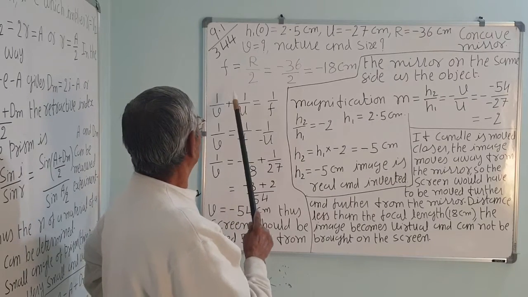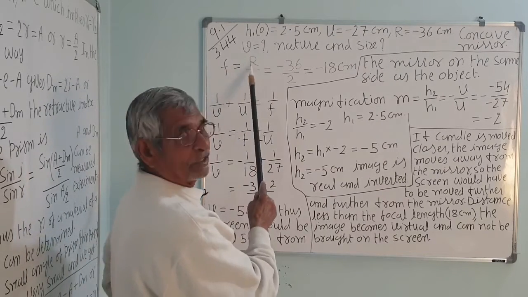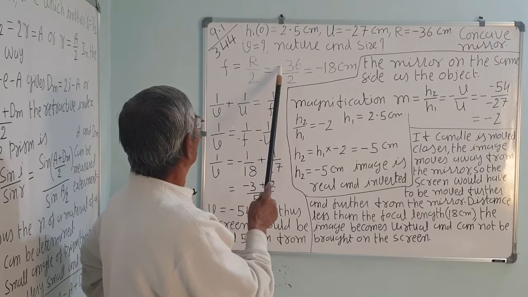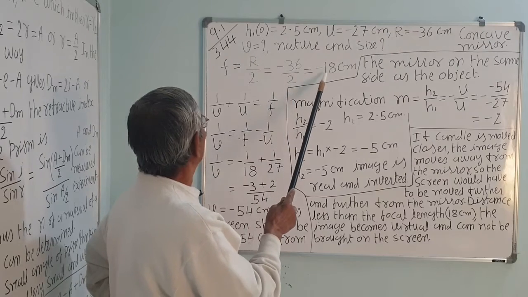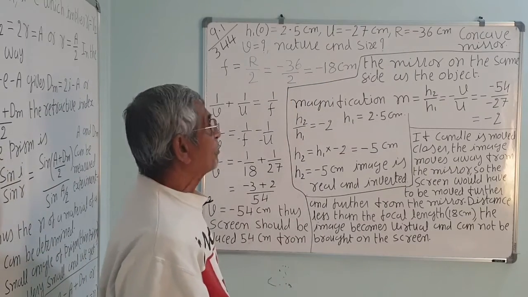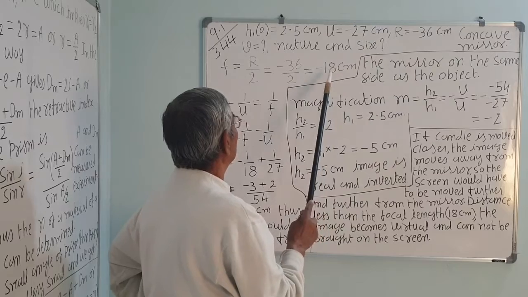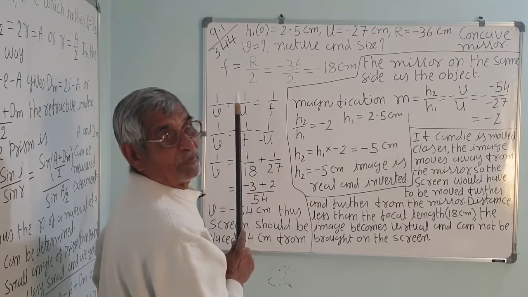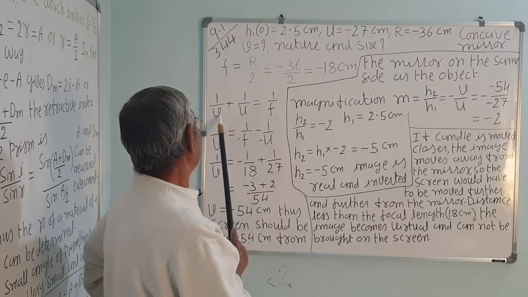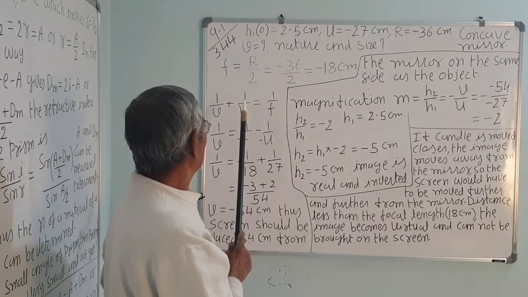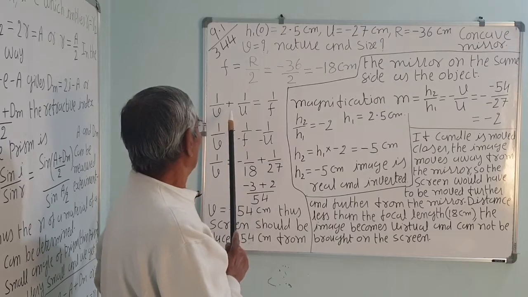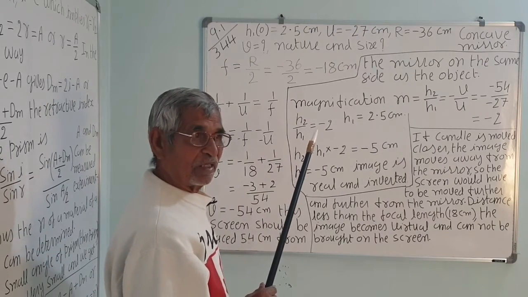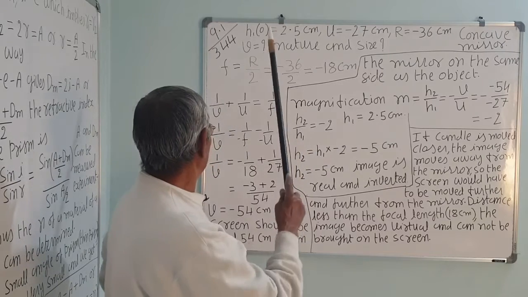You can calculate. Use the formula, focal length is equal to radius of curvature by 2, half of the radius of curvature, that is equal to minus 36 upon 2, that is minus 18 centimeter. It is a concave mirror, so F is always minus, remember. V may be plus or minus. For real images V will be minus, and for virtual images it will be plus. And another thing you remember, real images can be brought on the screen. So you can get it on the screen.